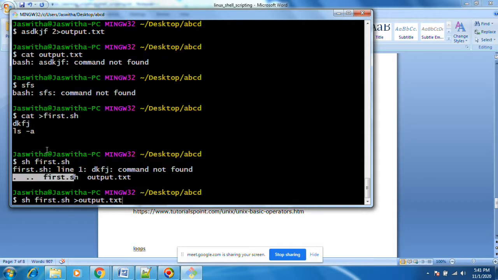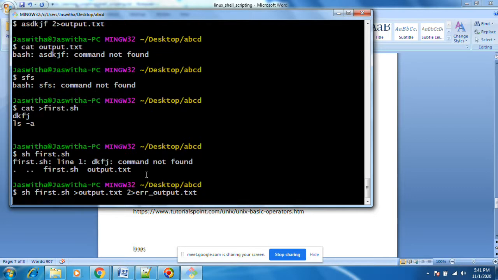Only the commands that run successfully go to output dot txt, whereas with 2 greater than, whatever command is throwing an exception goes to error output dot txt. Okay, it looks fine now.